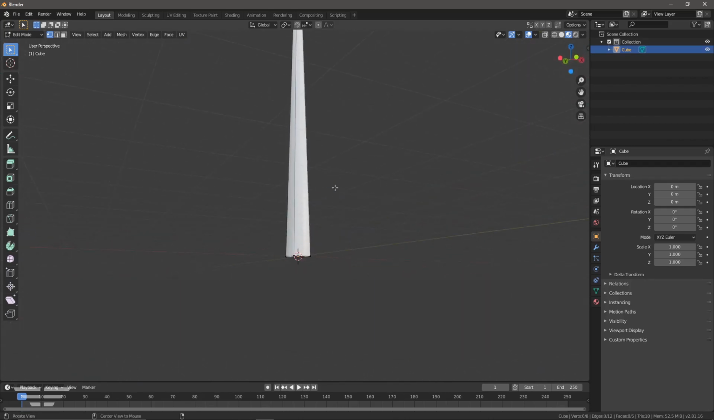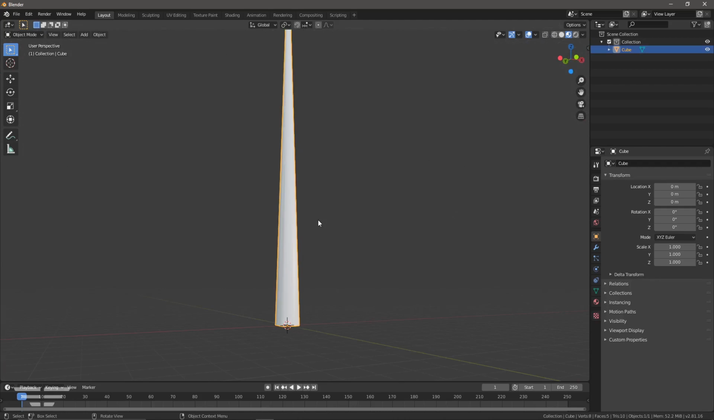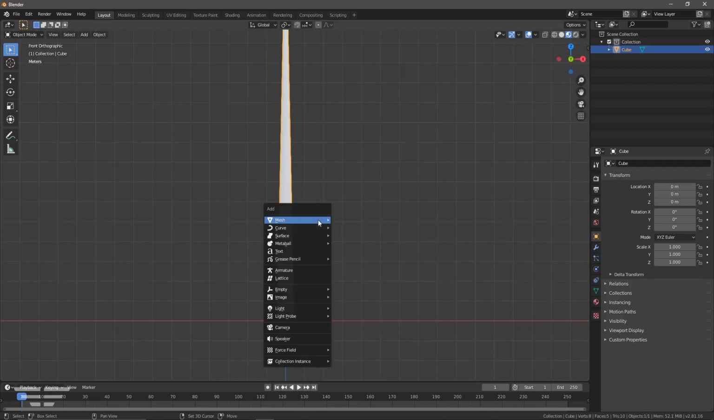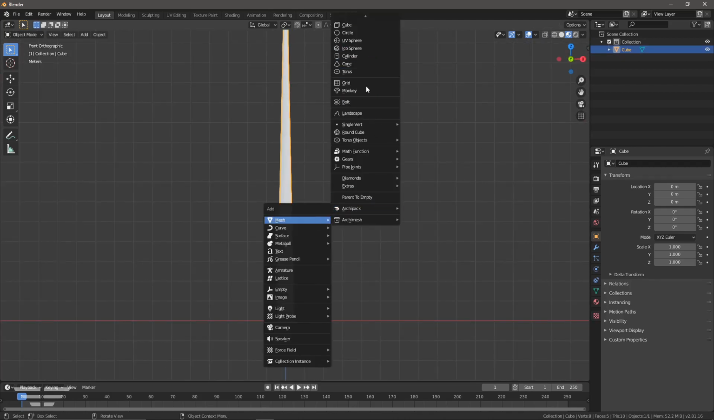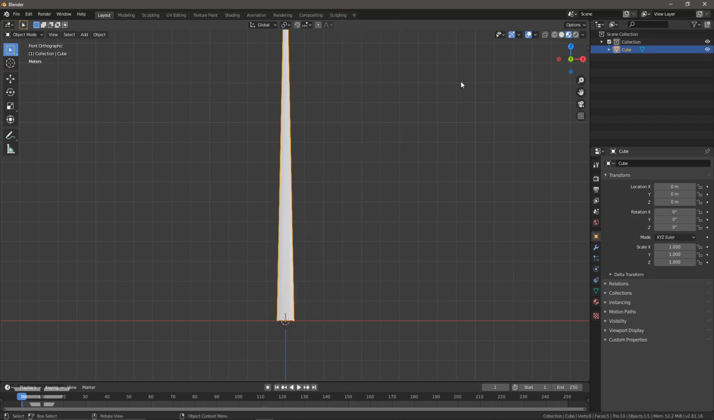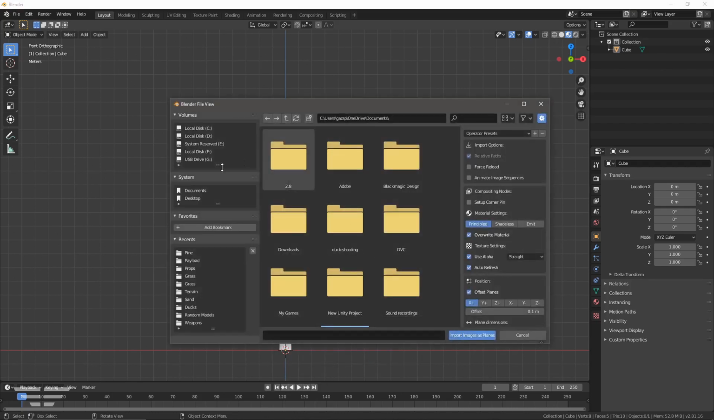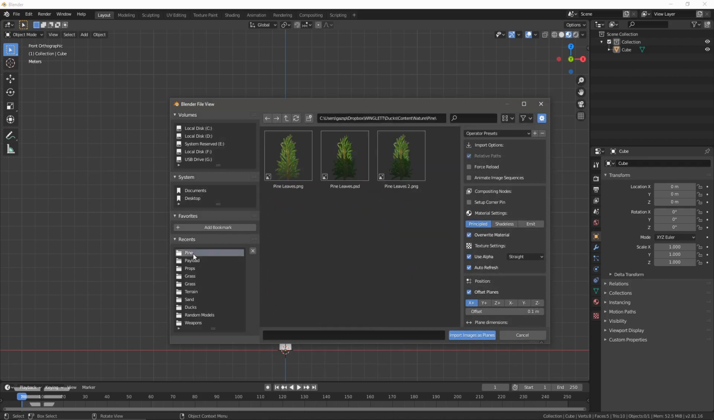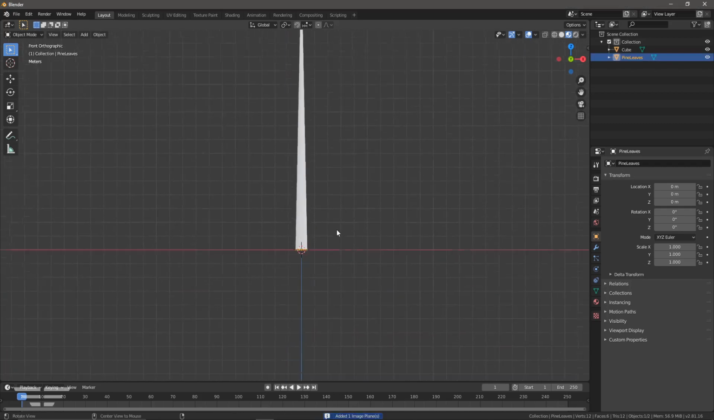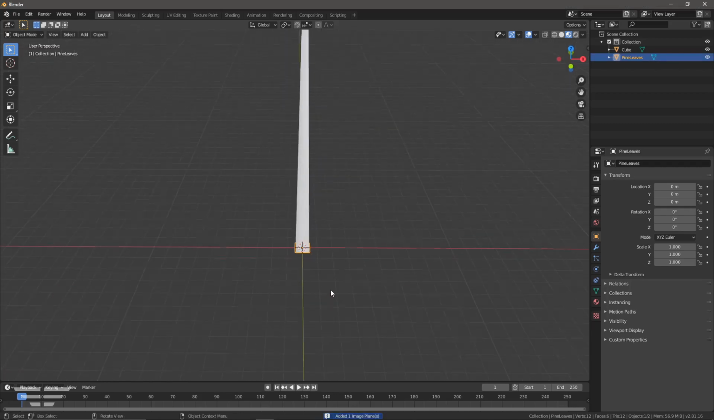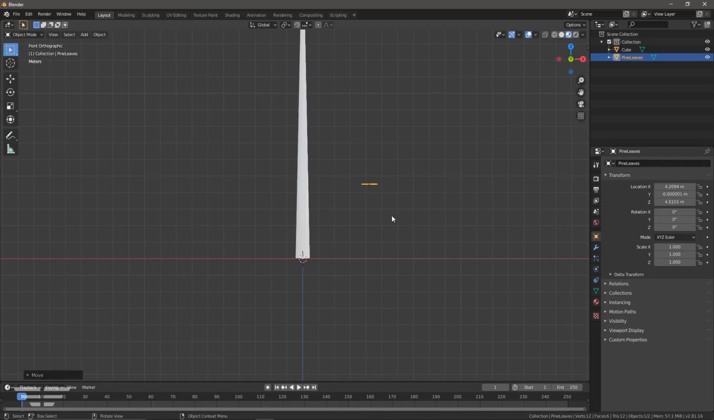So now we've got that, and this will be our tree trunk. Now we need our leaves, so we'll press Shift A and then go to Shift A, image, and then images as planes, and just go find your image. So mine is on desktop, pine leaves, import images as planes, and now we should have a little plane over there. We'll just press G to move that to the side, and now we're